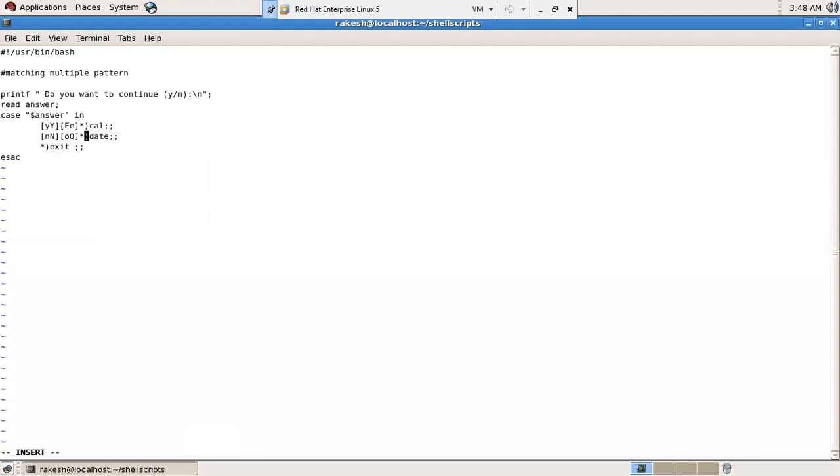Here, star, right? Or if I just write this as a question mark, then only one character will be matched. NO followed by one character will be matched. It doesn't take NOPE. This is about matching multiple patterns.